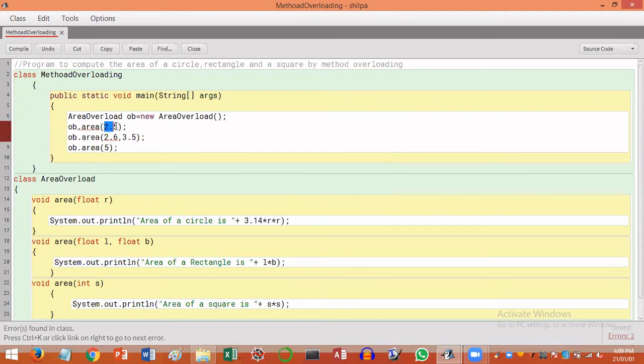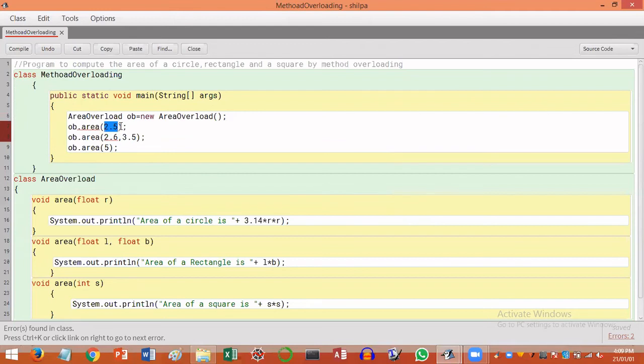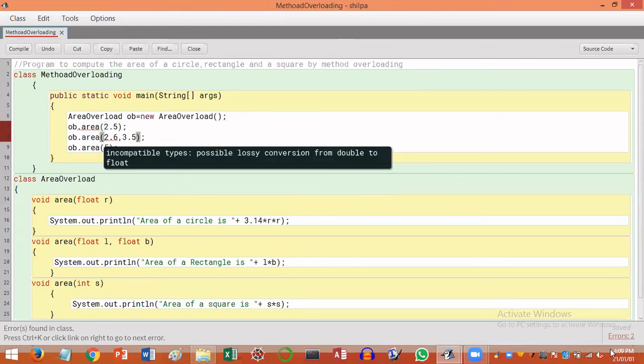Since I'm passing a constant value as a parameter, by default Java will consider this real value as of double type, not of float type. Hence, I'm getting this error message. So you can see this error message: incompatible types, possible lossy conversion from double to float, because Java considers this real constant value by default as double type, not as float type.